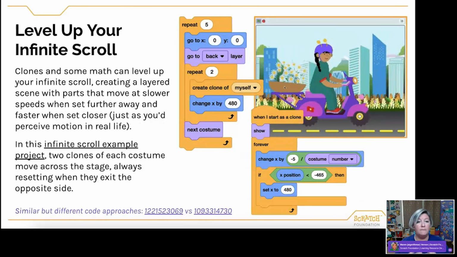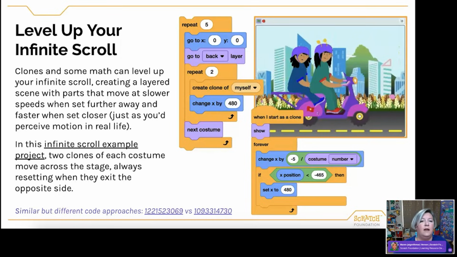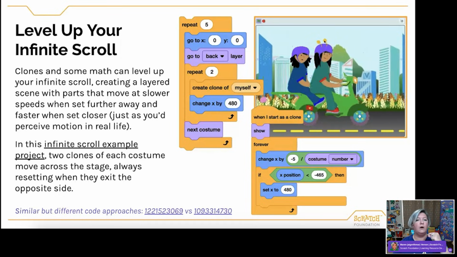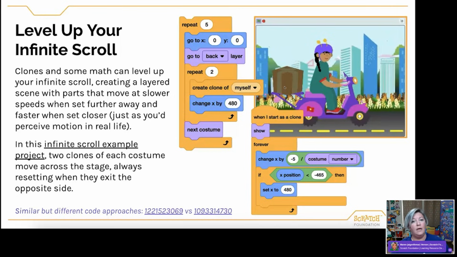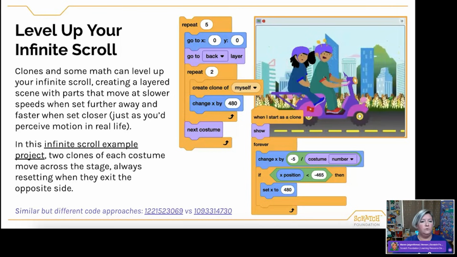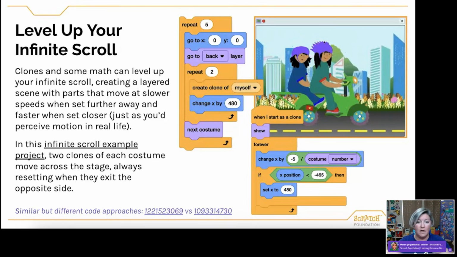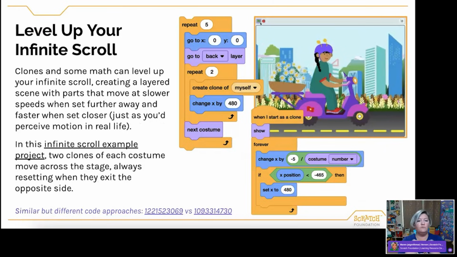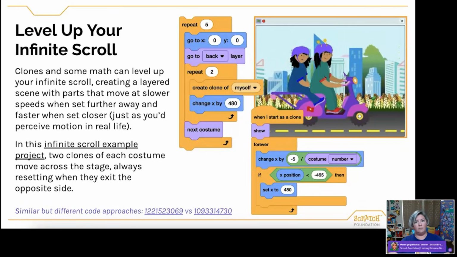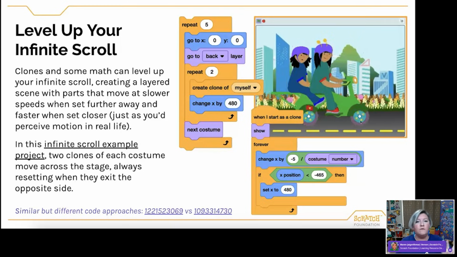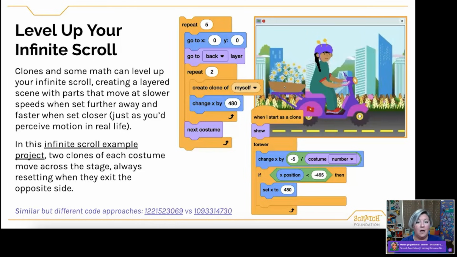I've used some math here to say, okay, if I have 6 costumes here that I'm using for this project, I want you to make clones of each of these 6 costumes. That's the first thing I want you to do. Then I want you to scroll them, but I'm not having it move at a consistent rate because I'm trying to establish that real life sense of objects that are closer to you move faster and objects that are farther from you may move at a slower rate of speed to our eyes. And so I'm trying to add that element of realism.